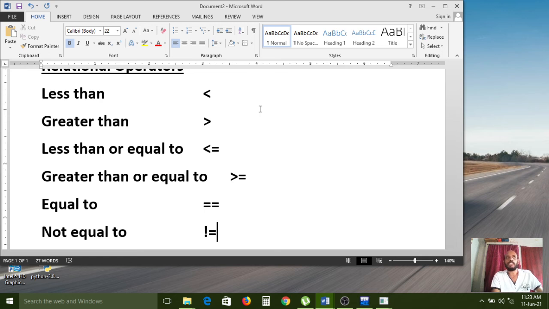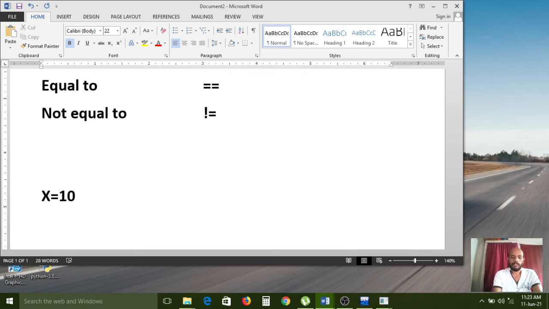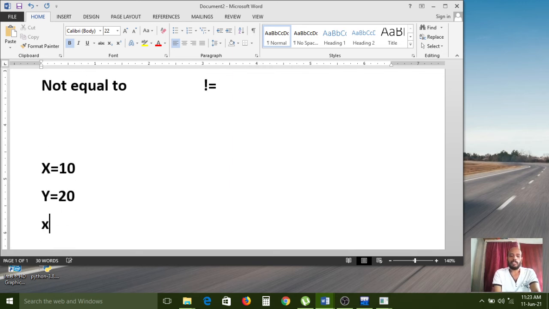By using these operators only. For example, x equal to 10, y equal to 20. Now I want to check which is biggest and which is smallest.